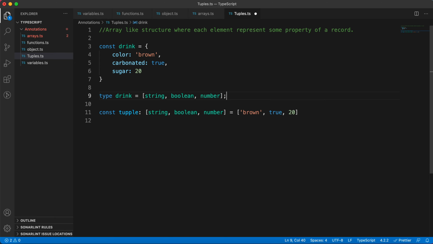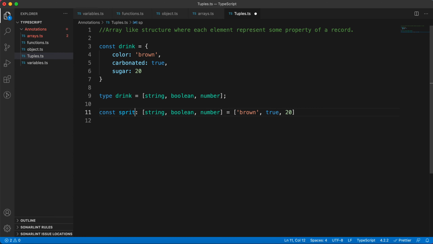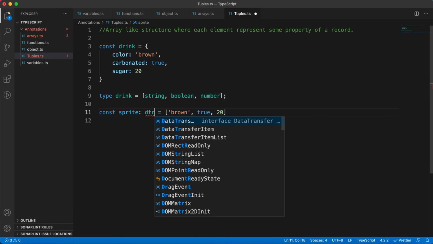Now I can use it in multiple places. Suppose I create a variable sprite, which is a drink, and I assign this type here.